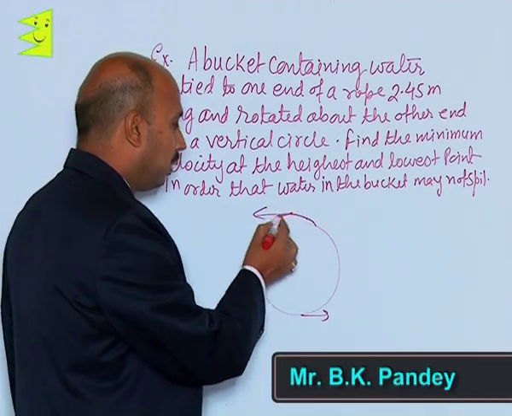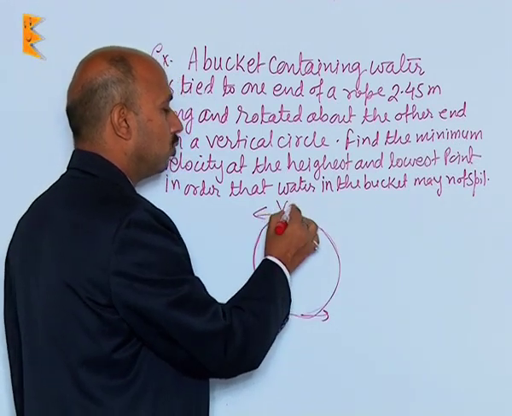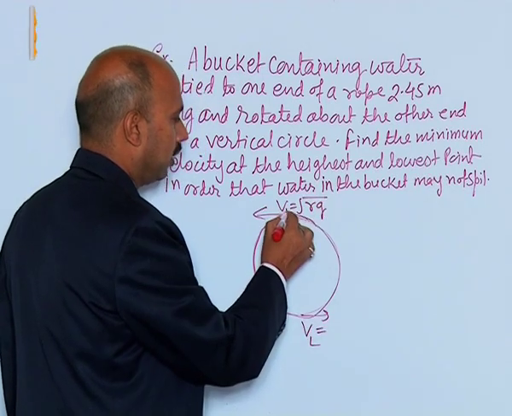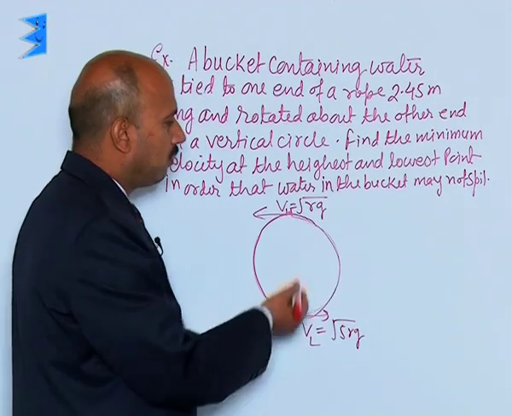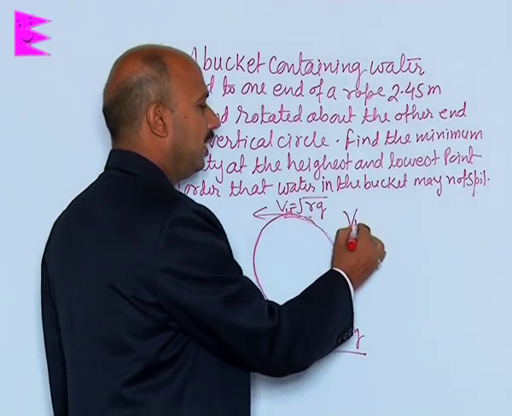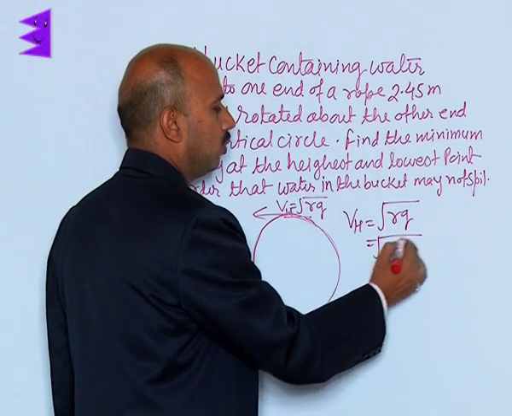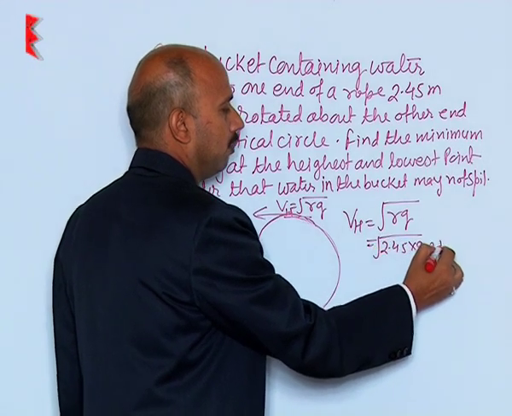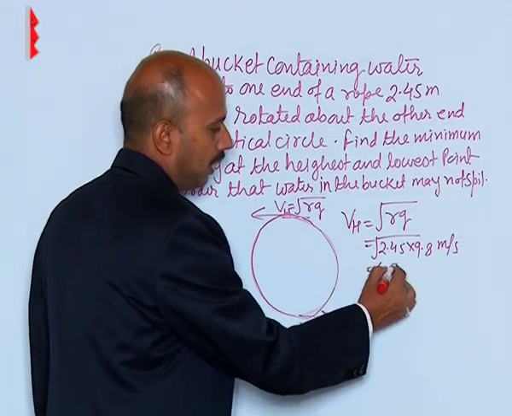If the water is not going to spill, it means at this point minimum velocity should be under root of Rg, and at this point it should be under root of 5 Rg. You have got the formula at the highest point this and lowest point this. So, if you are putting Vh, it is for the highest point under root of Rg. You have got under root of 2.45 into 9.8 meter per second, and that will be around 4.9 meter per second